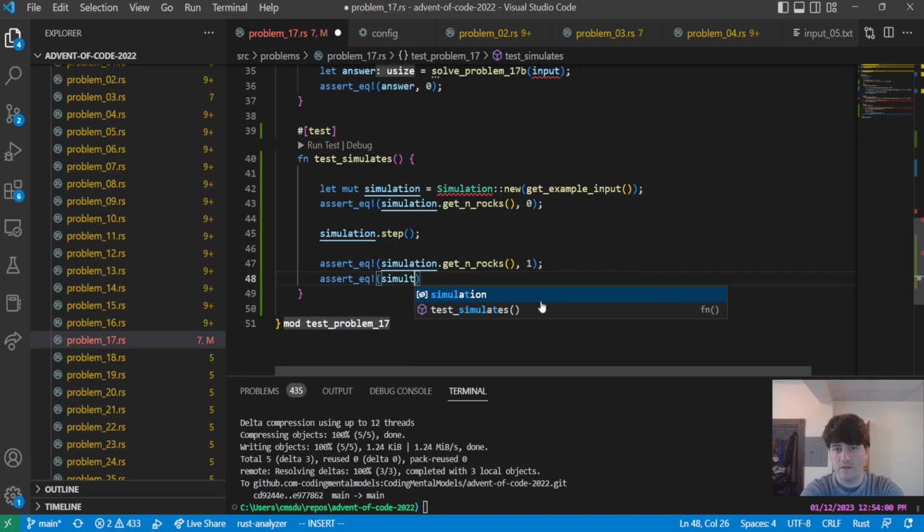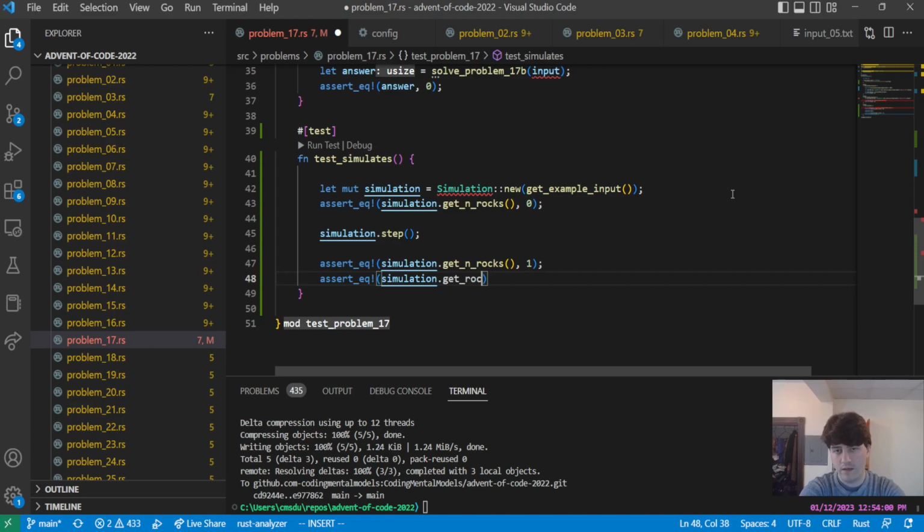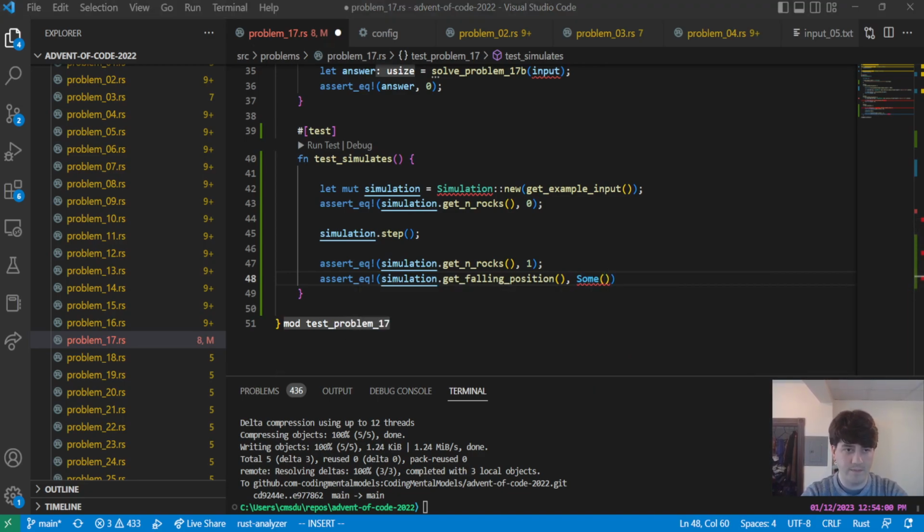Let's assert get rock position, falling rock is some,